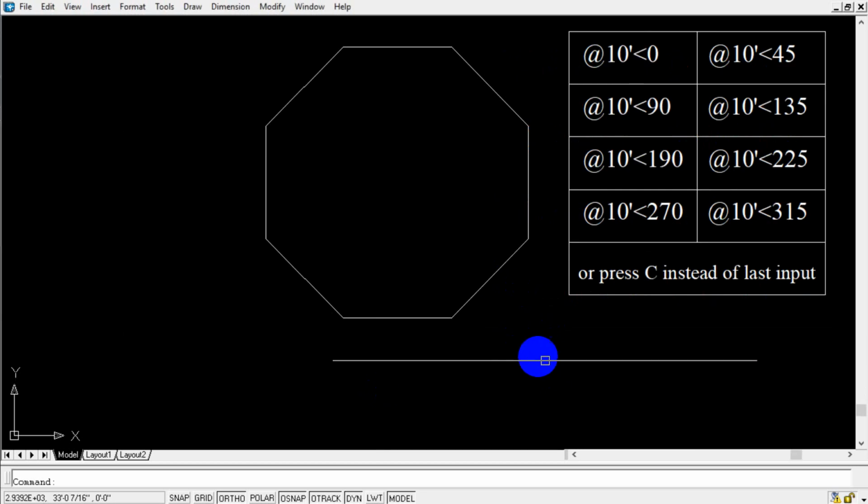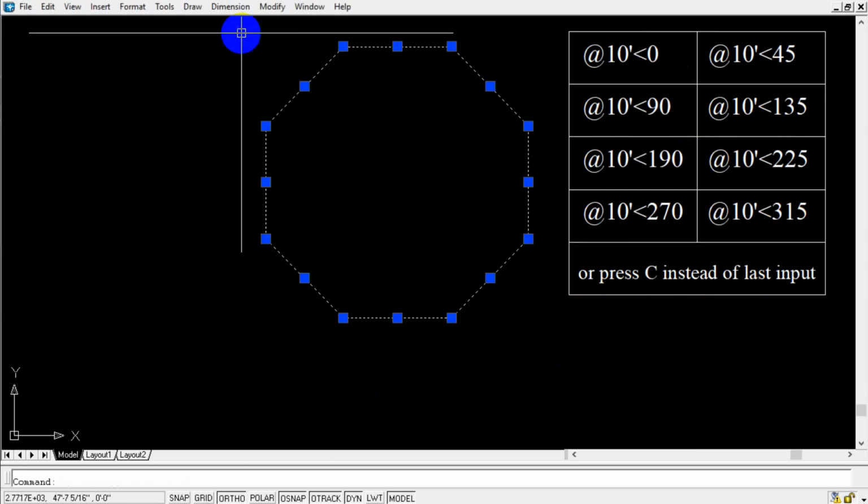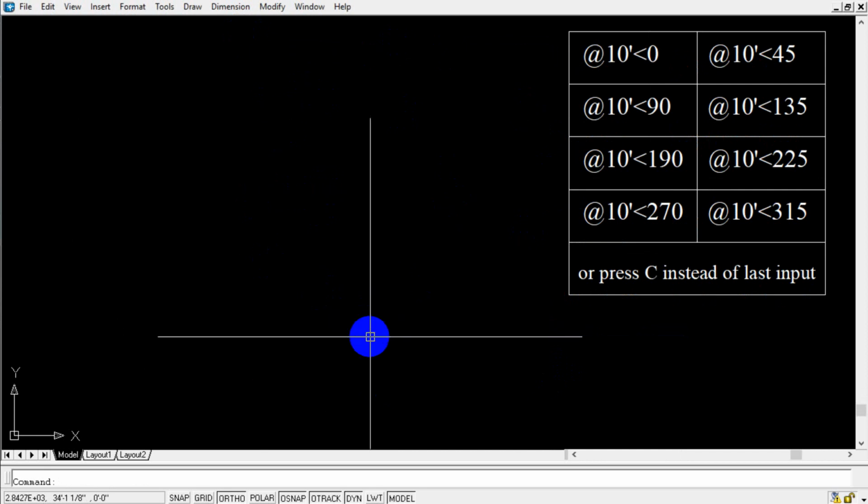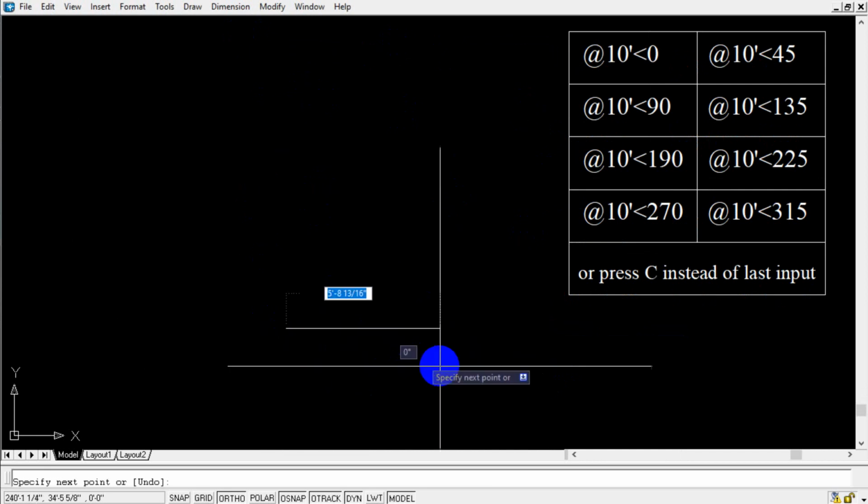Now let's make an octagon. We'll make this shape. L enter, at the rate of 5 feet and angle of 0. Then at the rate of 5 feet with angle of 45,